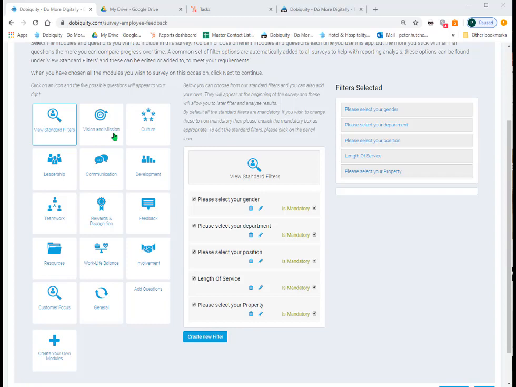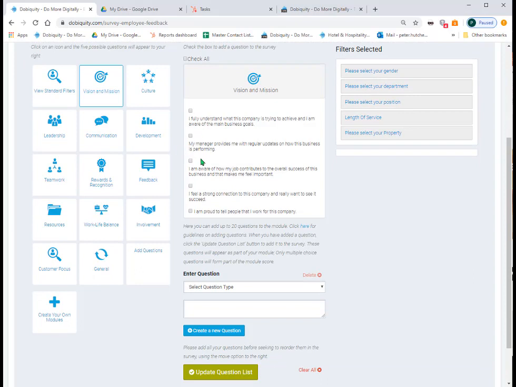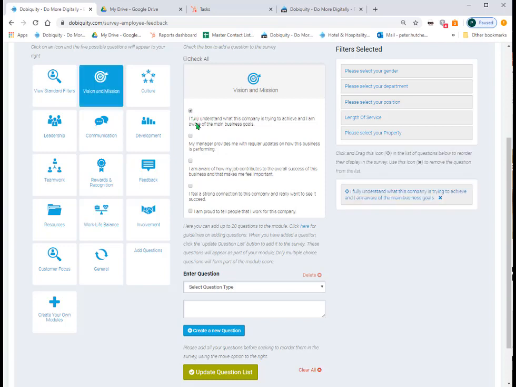that would be asked of your respondents to your survey. So for example, just clicking on vision and mission, you can see that there are 5 standards here. These have been put together by involvement of professional HR managers, and they would be very typical of what you would find in an employee survey. If you like the questions that you see, just simply tick the ones that you would like added to your